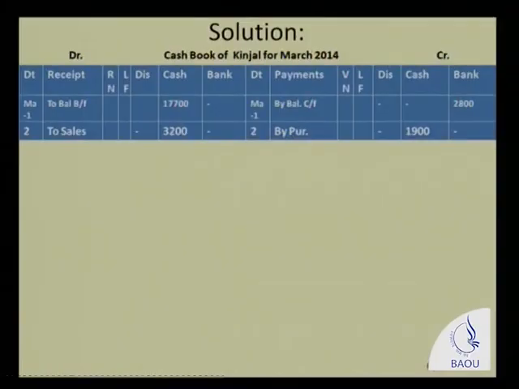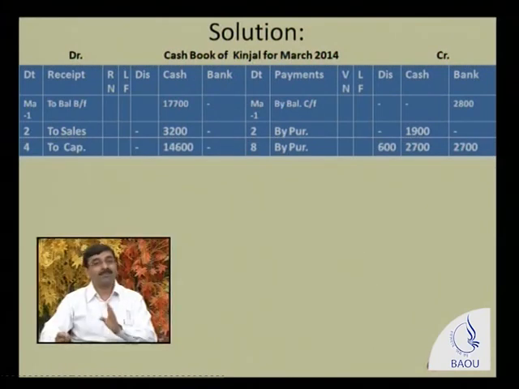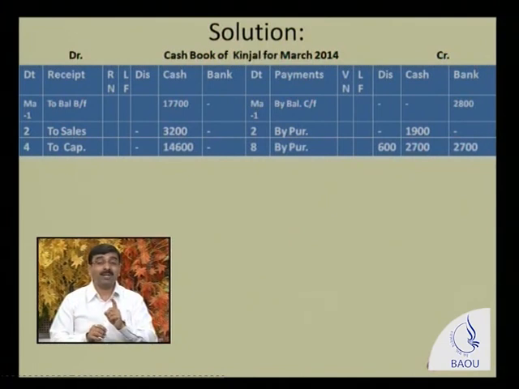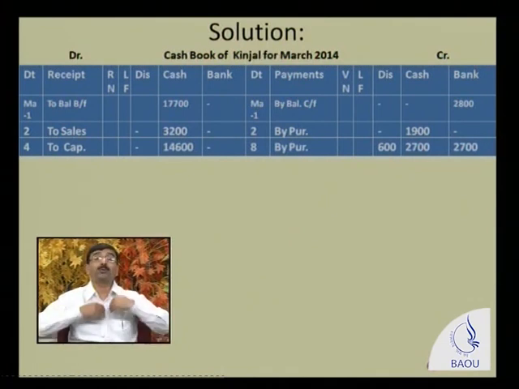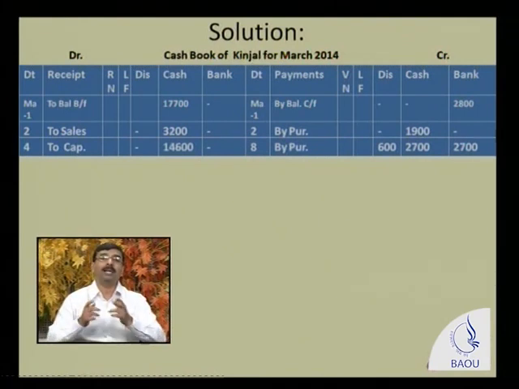Now see how it would be recorded in the books of accounts. The 6,000 rupees of goods purchase, 10% is a cash discount, so 6,000 into 10% comes to 600 rupees. Now see, we purchase goods. As I already mentioned, when you purchase goods, we are supposed to pay the amount. When we are paying the amount, we will get a discount, that means it's our income. Whenever you get a discount, it's your income, and income is always recorded on the credit side.